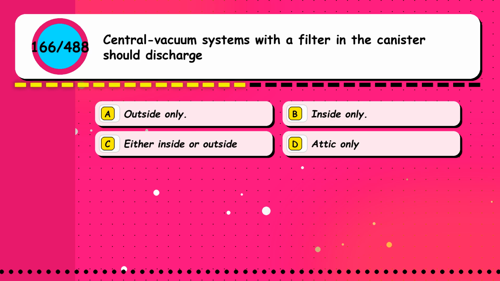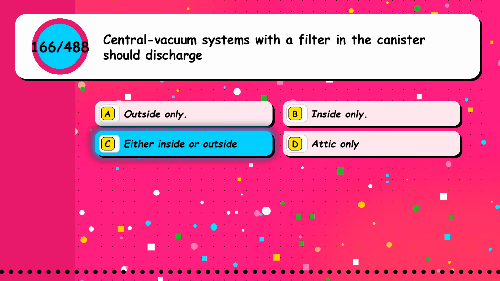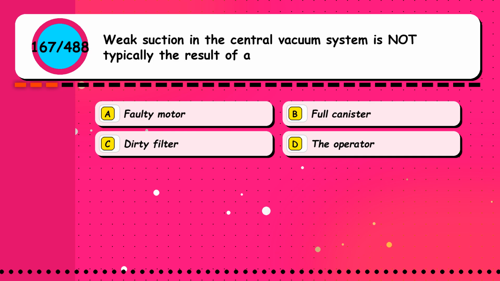Option A, outside only. Option B, inside only. Option C, either inside or outside. Option D, attic only. The correct answer is option C, either inside or outside. Question 167. Weak suction in the central vacuum system is not typically the result of: